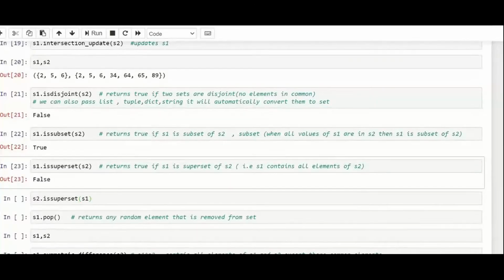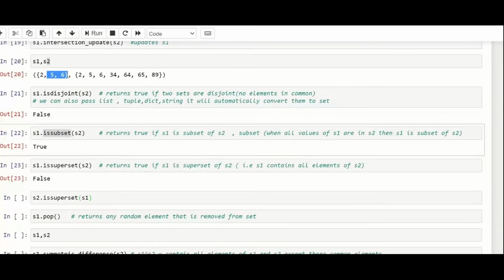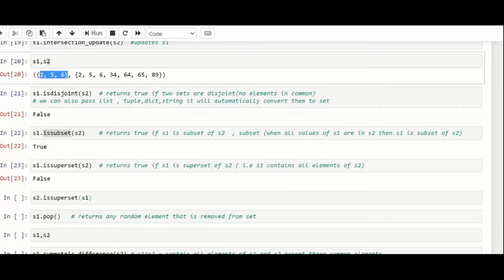Okay, I will explain the subset method, Bhuvi. S1 has this value. What do you mean by subset? Subset is actually a sub part of it.